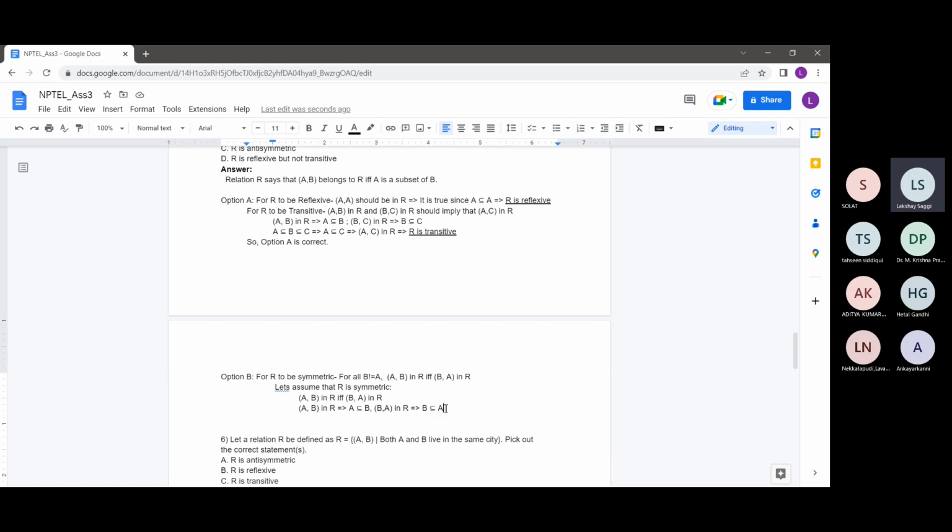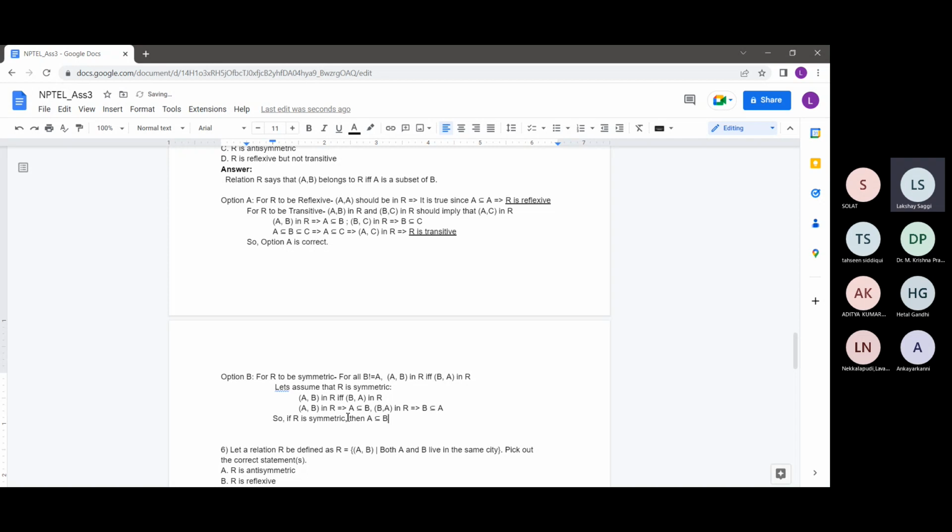It is nothing too fancy. So basically, if R is symmetric, let's say R is symmetric, we have assumed that R is symmetric,